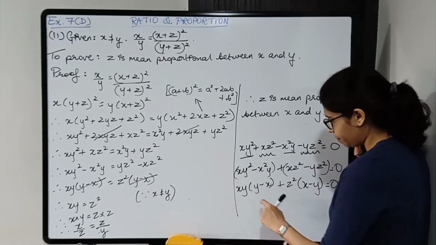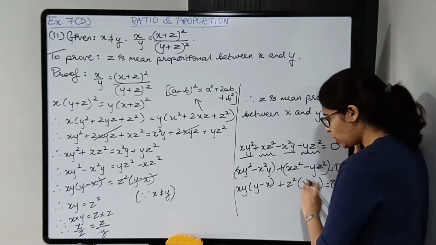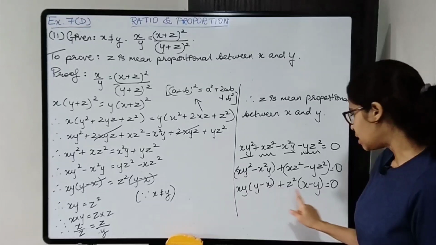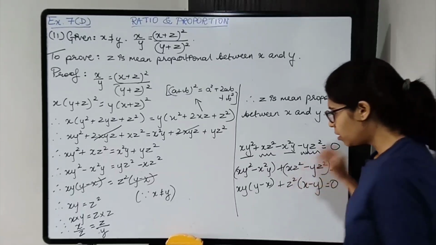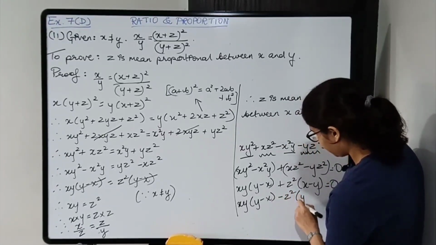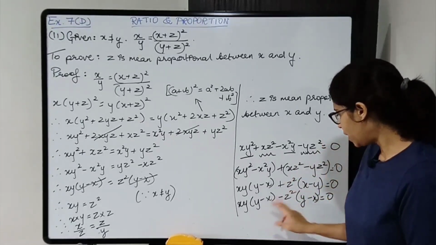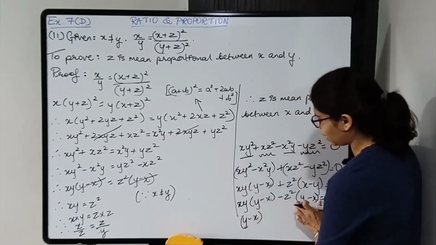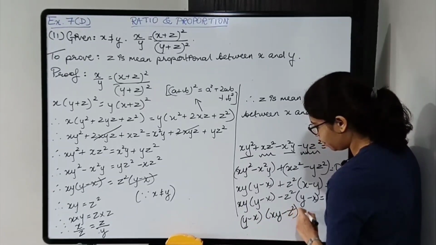Now over here y minus x है, यहाँ पे x minus y है. So what I can do is I will change the sign because I'll get the same brackets, है ना. अगर मैंने y minus x है, इसको भी मैं y minus x कर सकती हूँ. If I take minus sign outside, the signs will change. Okay, so it will become minus z² into y minus x equal to 0. Alright, now I have same brackets. So taking y minus x common, I am taking y minus x common from both these, so I am left with xy minus z² equal to 0.